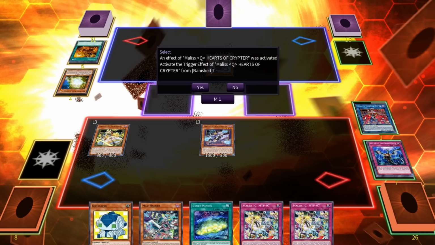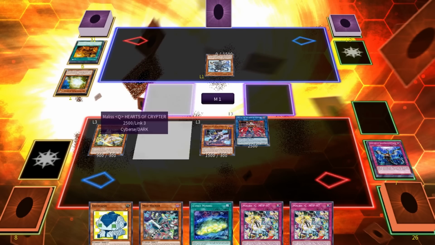Something cheeky you can do with this card. You can use its effect to banish itself, it will use its other effect to bring itself back to the field, and it will come back with twice as much attack, which you can then probably slam into your opponent and go for game, just a little bit quicker.